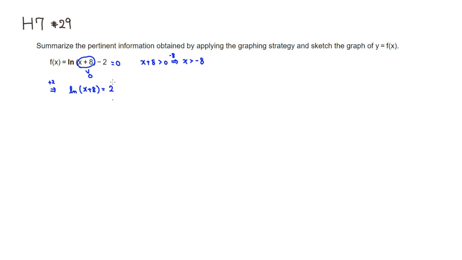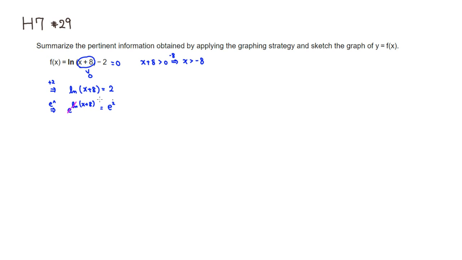Then, to get rid of the natural log, I'm going to raise e to both sides. So if you raise e to natural log of x plus 8, you have e to the 2, or e squared. Remember that e and natural log, the exponential and log functions, are inverses of each other, so they cancel out. So you have x plus 8 equals